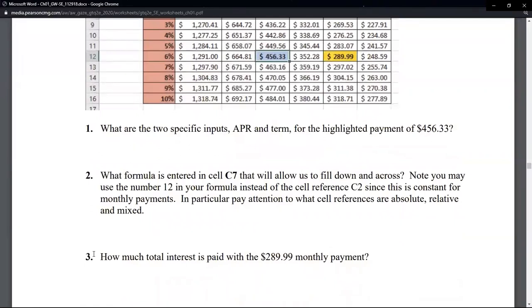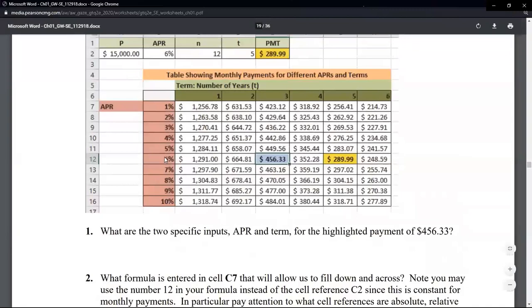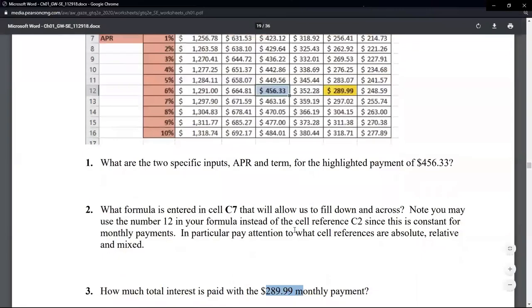I'm going to give you a hint. The answer is in the 2,000 to 2,500 range. That's the only hint I'm going to give you with question 3. How much total interest is paid, so let's say you took the $289 payment. That gives you a certain number of years you're paying it and a certain APR. But we don't really need to know the APR. All you need is the years, because I gave you some formulas